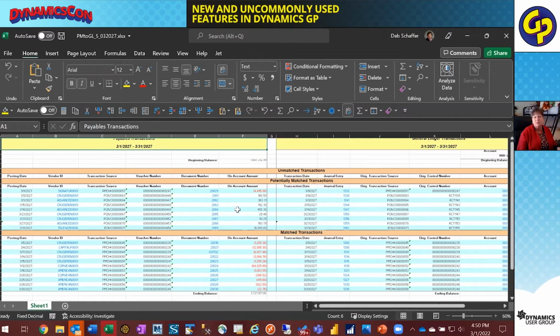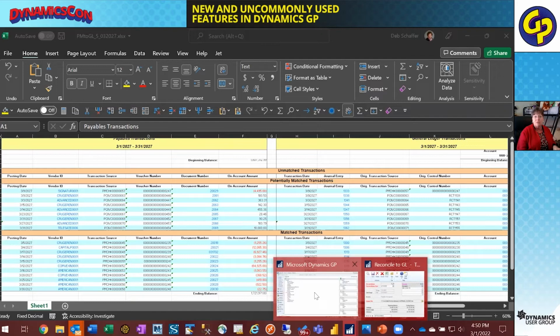So really what you want to look at is if you have unmatched transactions here, you want to find out why. Do you have transactions that are maybe sitting in AP that haven't posted yet? Do you have general ledger transactions that were keyed directly to your payables account? You need to check those and find out, should you have had that transaction entered in directly to AP from the GL? If that's something that you want to look at, one of the things that you can do for that is